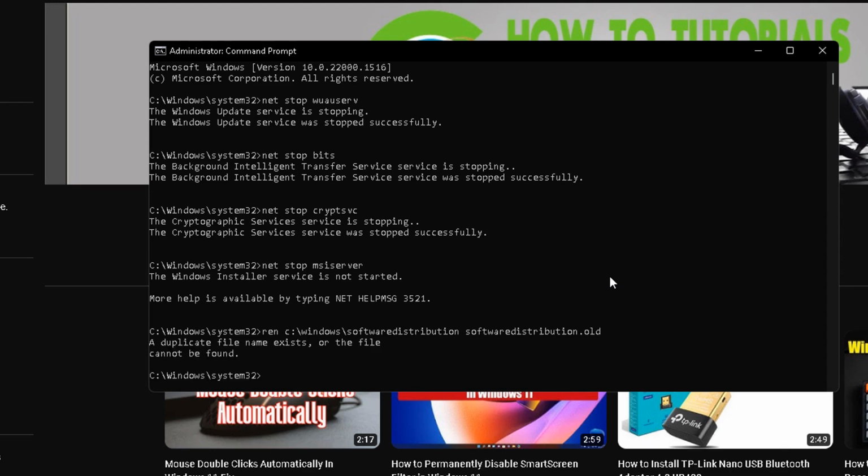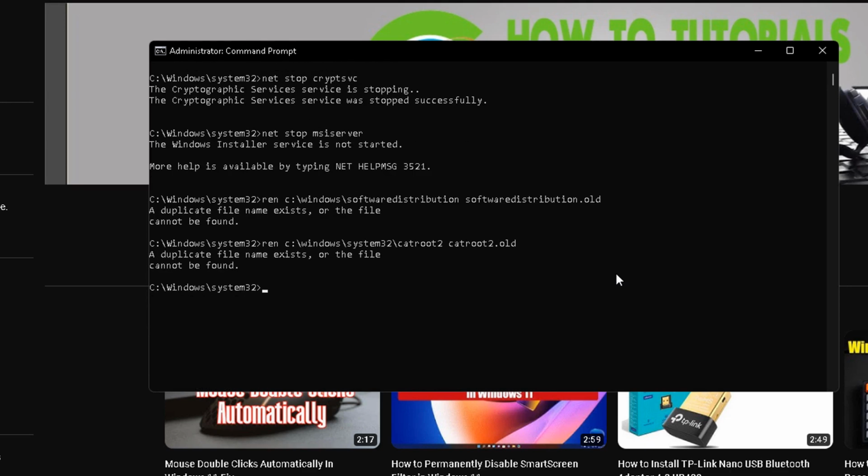After that, type the command: ren C:\Windows\System32\catroot2 catroot2.old